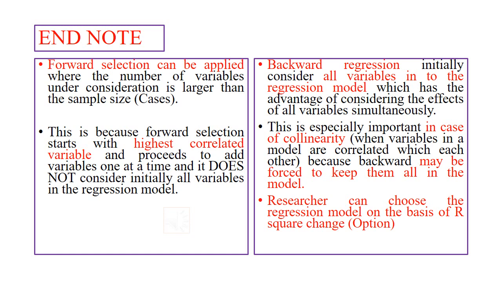The researcher can choose at each level, as it will calculate the R square, which you have seen earlier. Therefore, the researcher can choose the regression model on the basis of R square, according to his a priori understanding of the variable and its theoretical background, whether to include it and stop there. Therefore, backward regression is found to be a little better procedure than forward, but forward is also good when the variables are more numerous than the sample size.